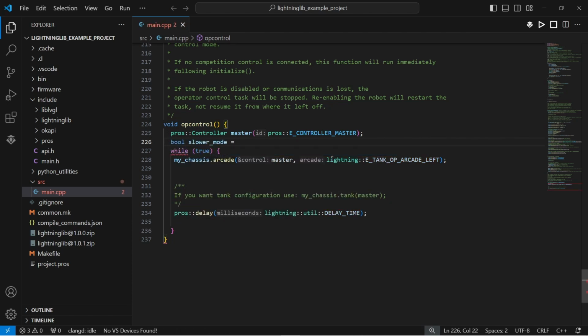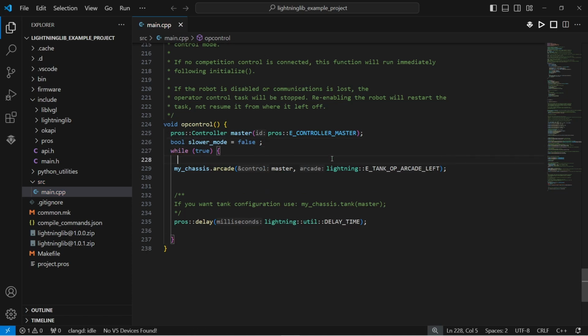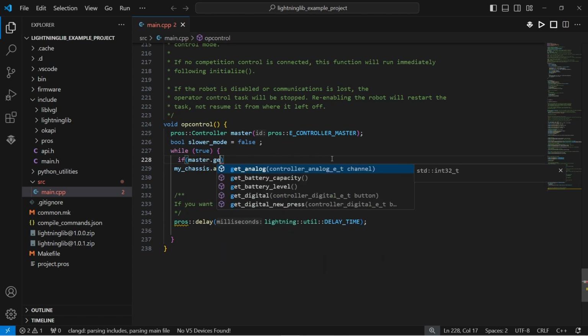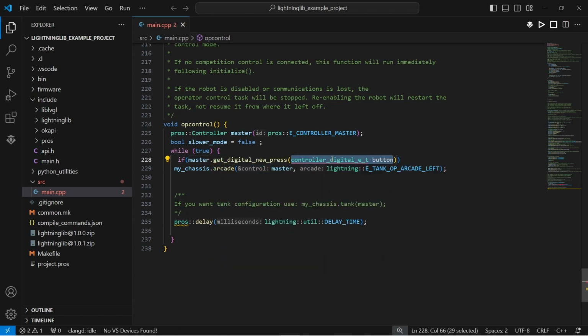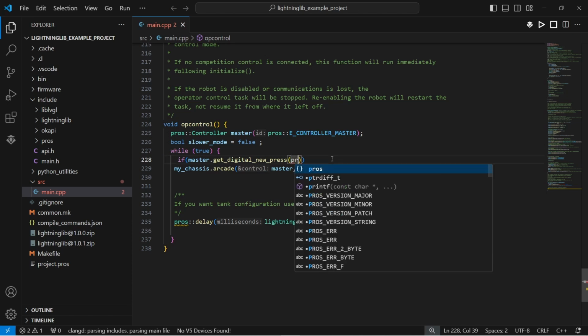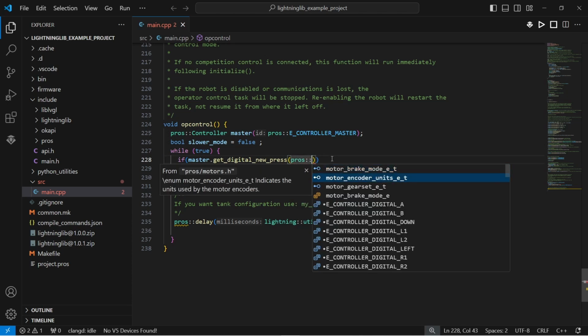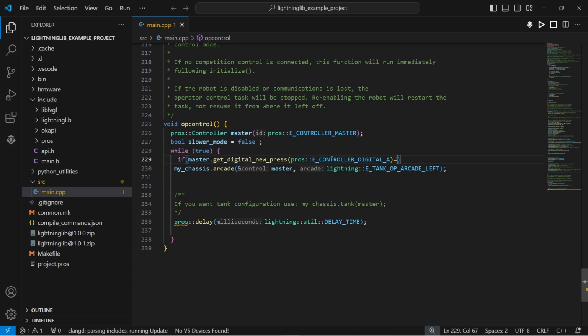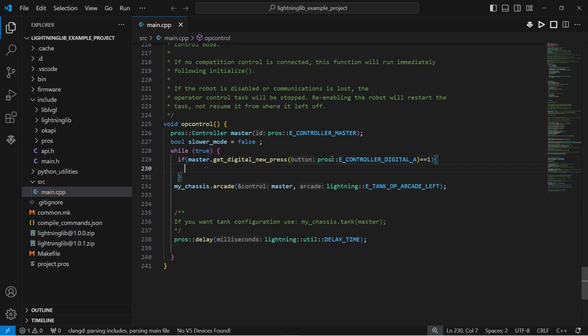I will initialize it to false, and then I can use a function in PROS called controller get digital new press. This is basically for when you toggle a button, and then I will say what button I need. Basically I will use the button A, and when I press this button I will change